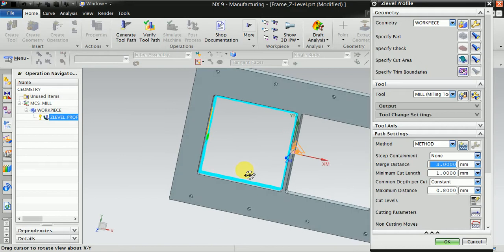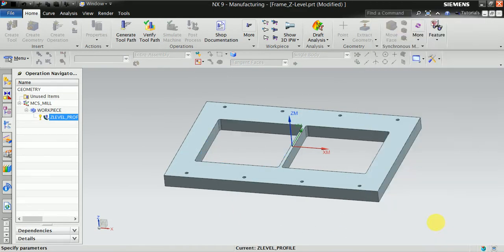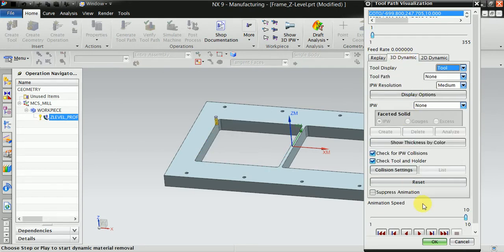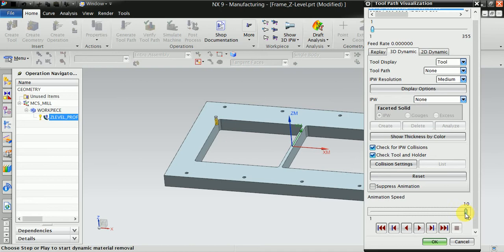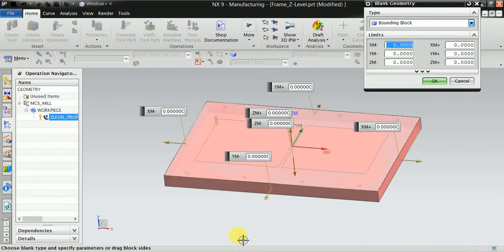And now for 3D animation select here 3D dynamic, reduce the speed. Okay, now here one error, blank required for verification. Okay, now this is our solid material, and now the cutter cuts this material.